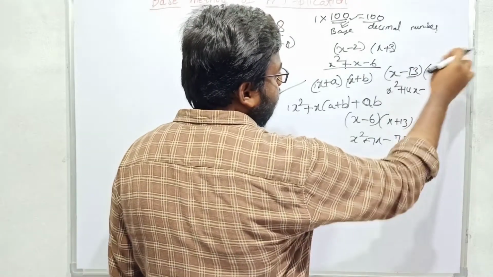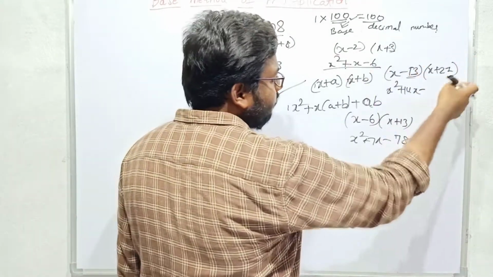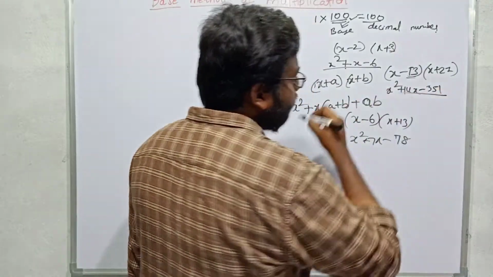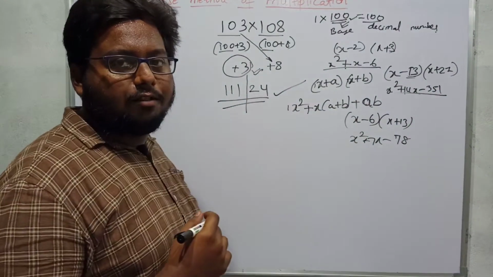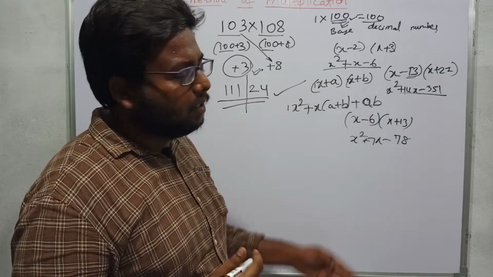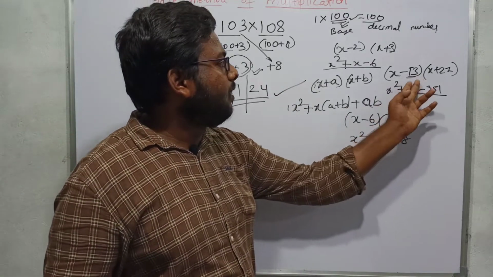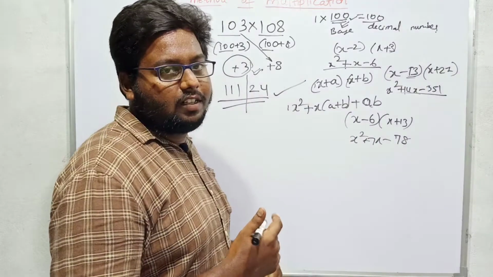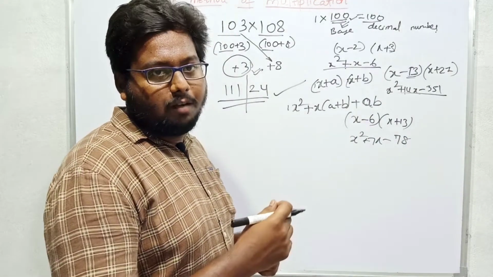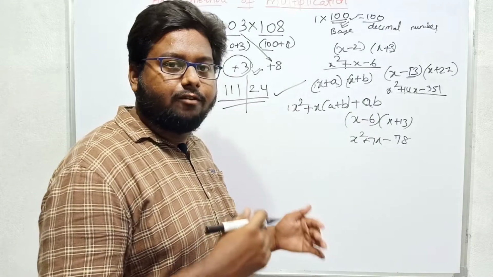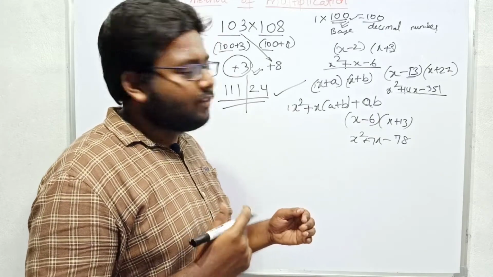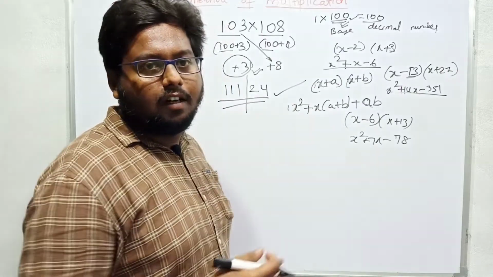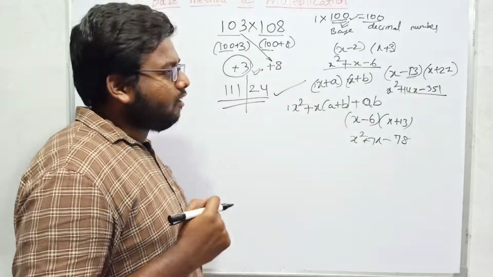13 times 2 is 26, 13 times 7 is 91. So 26 plus 9 is 35, so 351 will be your answer. If you start from the basics, then you will calculate this concept where there will be so many applications of multiplying 2-digit numbers with 2-digit numbers, 2-digit numbers with 3-digit numbers. We practice that without touching the pen. If you practice without touching the pen at very high speed, then with the pen you can calculate at more speed. That is why our confidence will be developed.